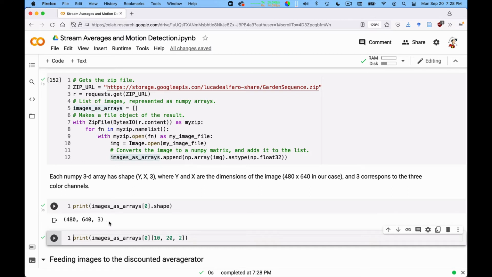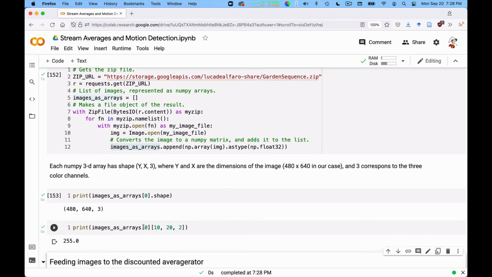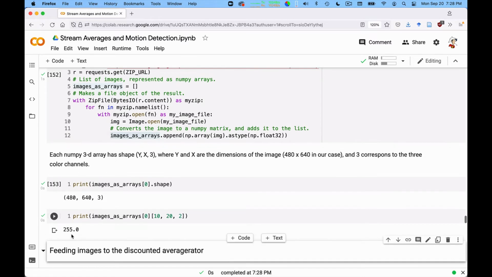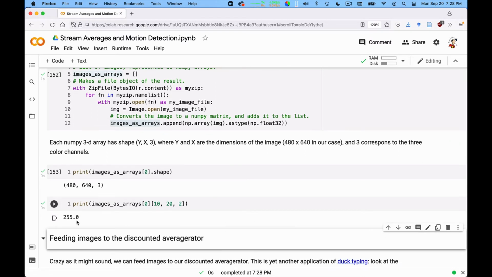I can print the value at a particular pixel. This image 0 at pixel 1022, and it happens to be 225. So pure maximum color. In an image, the values at each pixel go between 0 and 255.